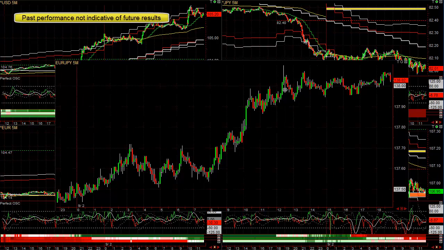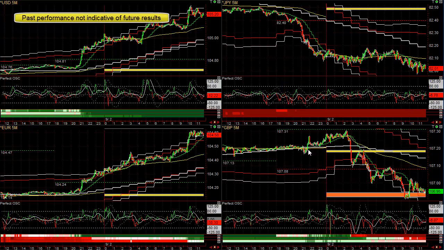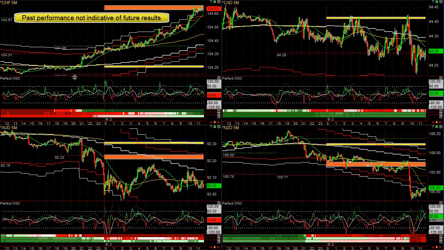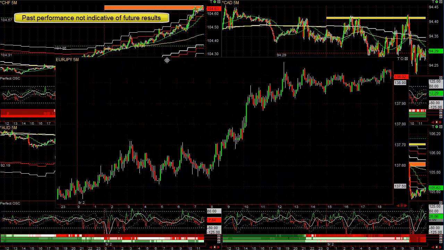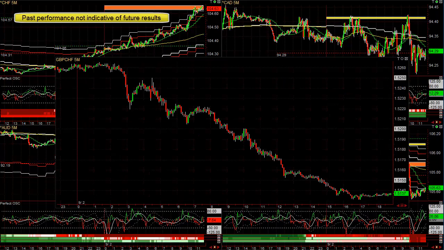Currency indexes just make trading easy and a joy. You can see here the pound just absolutely falling. Let's look at some of the other currencies. The Swiss is strong, so we have a weak pound, strong Swiss, so the pound Swiss is going to fall. And all you got to do is look for pullbacks or sideways rectangle patterns. So it breaks down, you go short right here, your stop's about here, it kind of goes down a little bit, comes back up. As soon as it starts going back down, you move your stop near break even, and